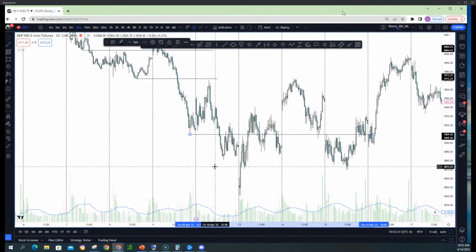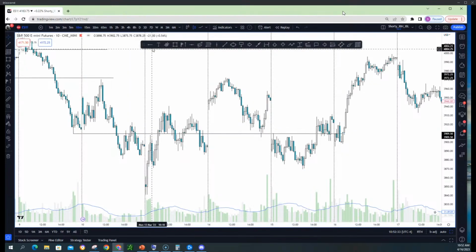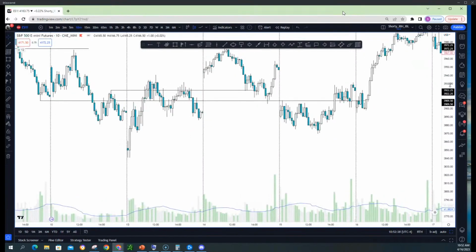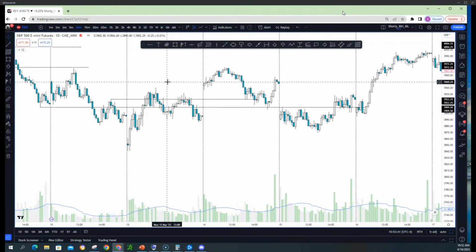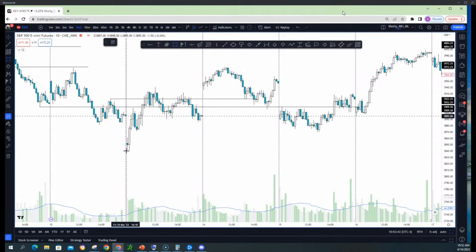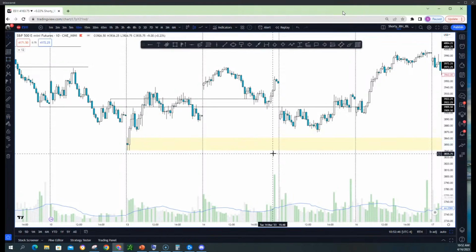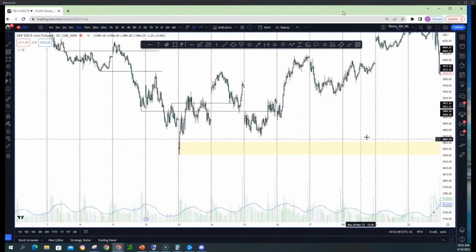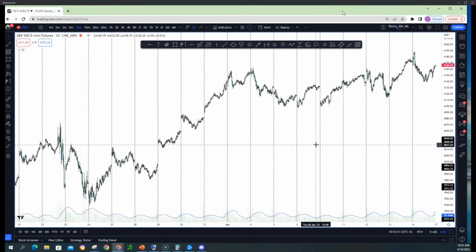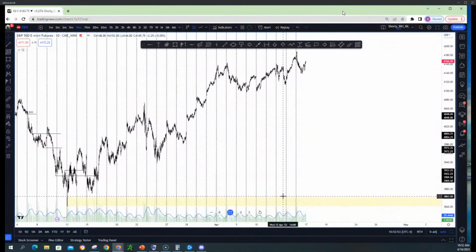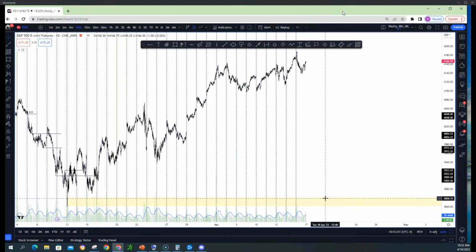They break it, and then here's your change of character. They broke this side here. The goal then, if this is a change of character where they broke, is to find the imbalance candle that did it, and in this case, it was this candle. Once you come to this candle here, I guess 38.60, you're expected to go long. This is the level here that we haven't tapped. So you have this candle here, a huge demand zone, I would say. If we tap here, I will be long here. You can buy some swings, but this would be a good level to go long.